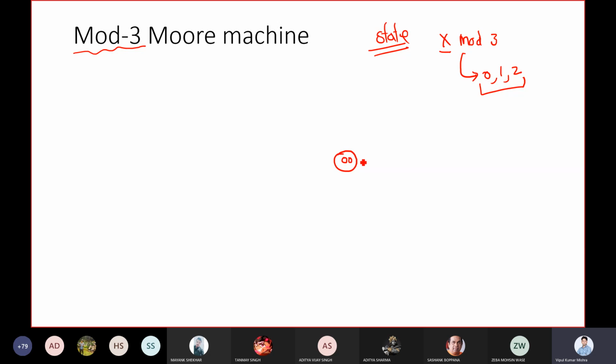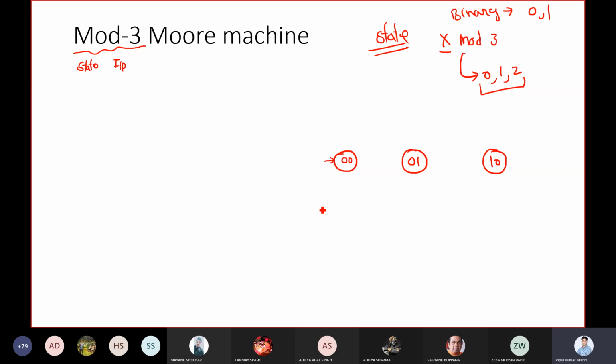One state which has value 0,0, another state which has value 0,1, and one more state which has value 1,0. Right? Any doubt till this point? And your initial state is 0,0, because whenever you give any number, it will start from 0,0. Now let me make a table here, where first you have the state information and the input. As we are saying, we have binary input. So what inputs are possible? Either 0 or 1, right?